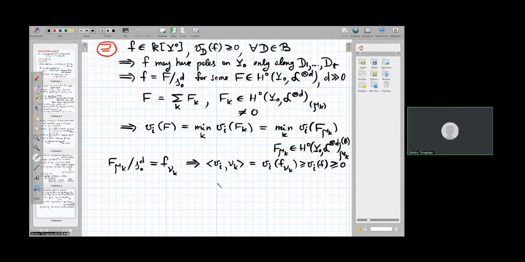And also what you have just said, let me reformulate it like this. The pairing of Vd bar with nu k is the same as the evaluation Vd at f nu k. It is also non-negative because the function f nu k may have poles only along these divisors. So for any d in the complementary set,